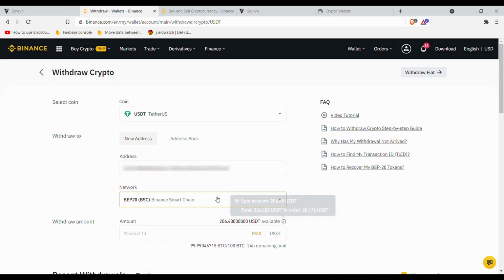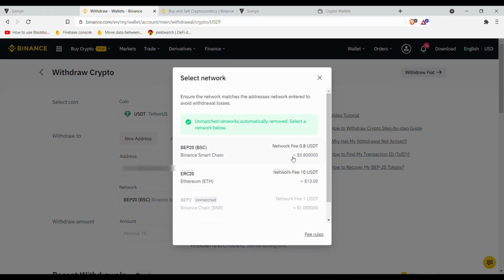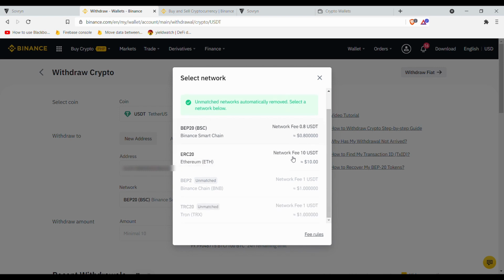As you can see, the very reason we are using Binance Smart Chain is because of its low network fee, which is 80 cents, unlike